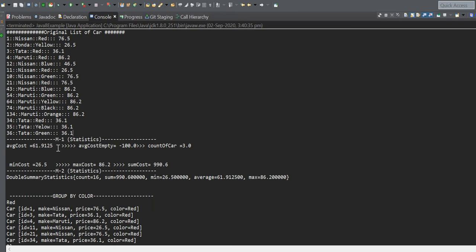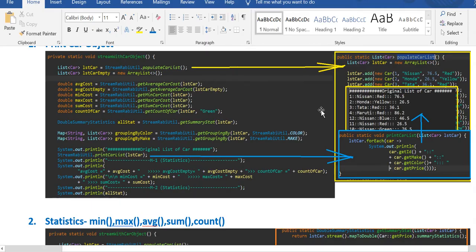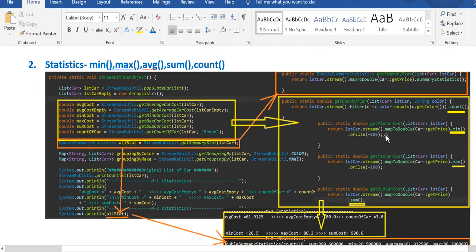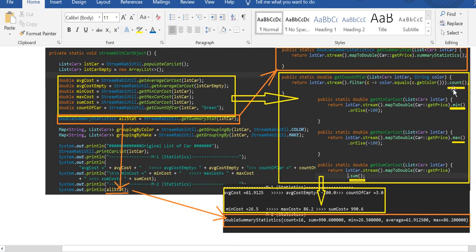You can use that function, sum operation, sum function. Okay. So here is the different thing, right? Here is the sum function, count function, mean, max. Okay. So you will get it, and the count operation you will get it. So how will you get that? So here you will see that list of cars stream map to double, and then car.